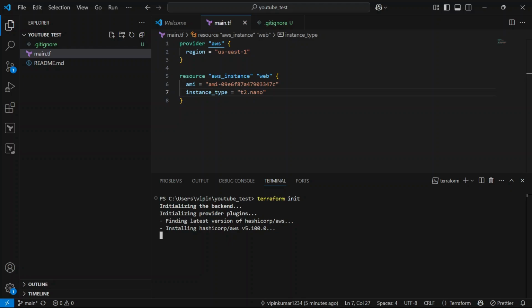I am just concerned with showing you how we can use the gitignore file to avoid committing all the .tfvars and some other files that we should ignore committing to our GitHub public repository. So it's getting initialized, so let's wait a few more seconds.